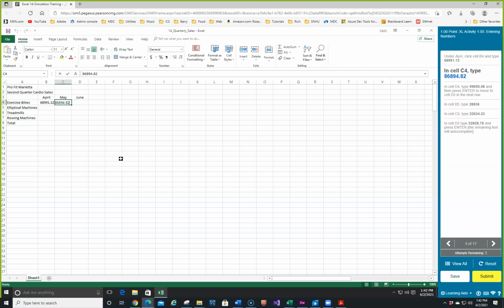86894.82, and I'm just going to hit the right arrow key to go to the next one, 99650.58. You can also use the tab key. So I can hit the enter key, I can use an arrow key, or I can hit the tab key. So I'm going to hit the enter key this time, and we're going to go back to B5